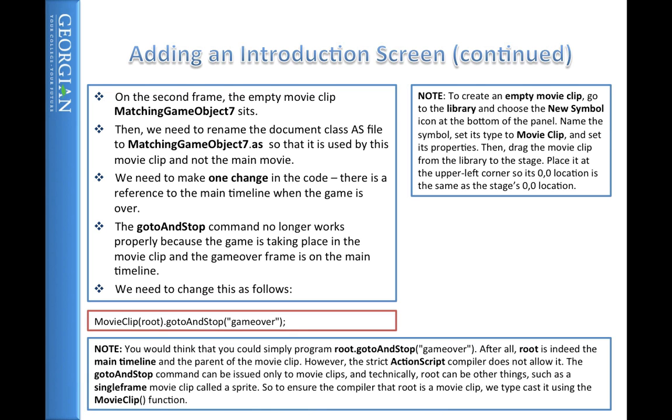our main movie here. And this is the great idea though. Movie clip root, all I'm doing here is I'm encapsulating this, I'm casting root as a movie clip. And I'm using this go to and stop command to go to game over, which is what I've labeled the last frame, the third frame. Okay. So again, if I go back,